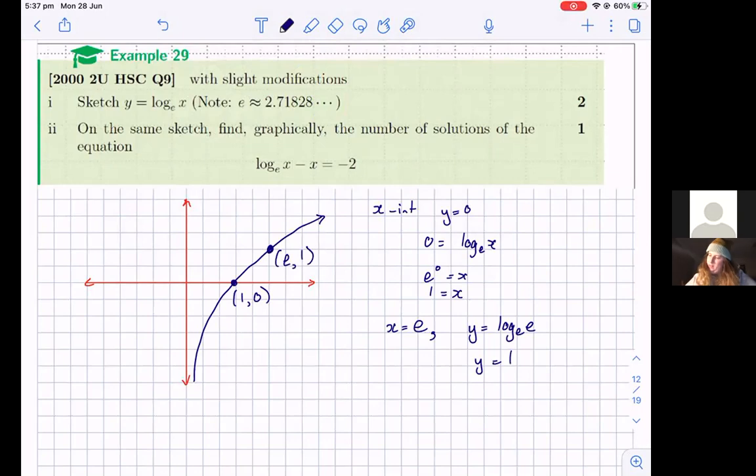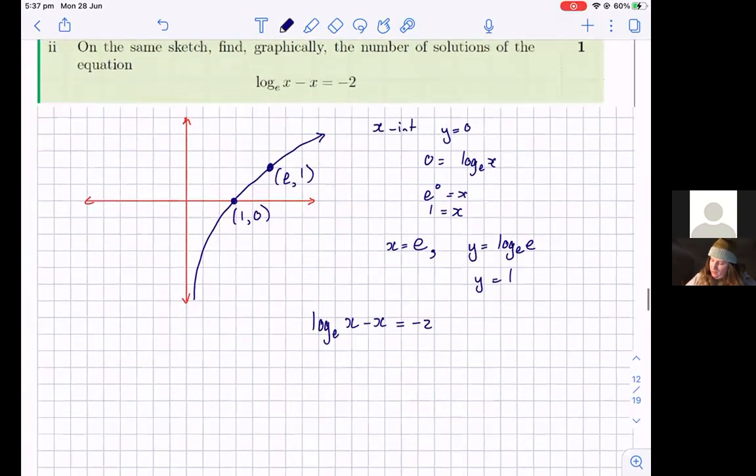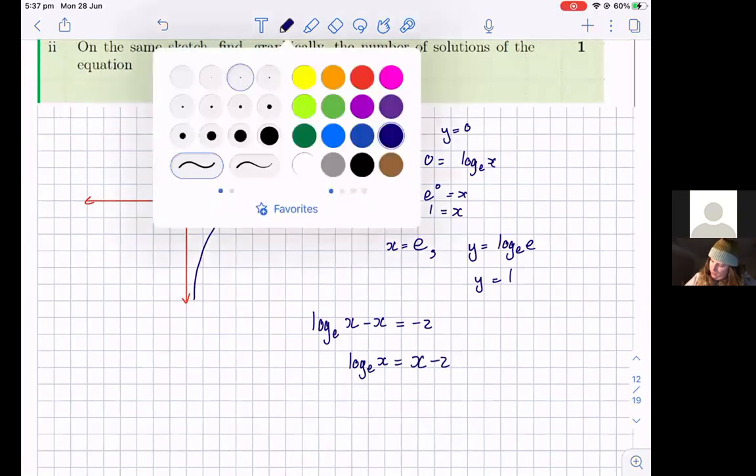That'll do. On the same sketch, find graphically the number of solutions to the equation log base e of x equals -2 take x. So log base e of x equals -2 take x. This is going to be the same as finding when log base e of x equals, move the x over, and we get 2 take x. Sketching 2 take x,